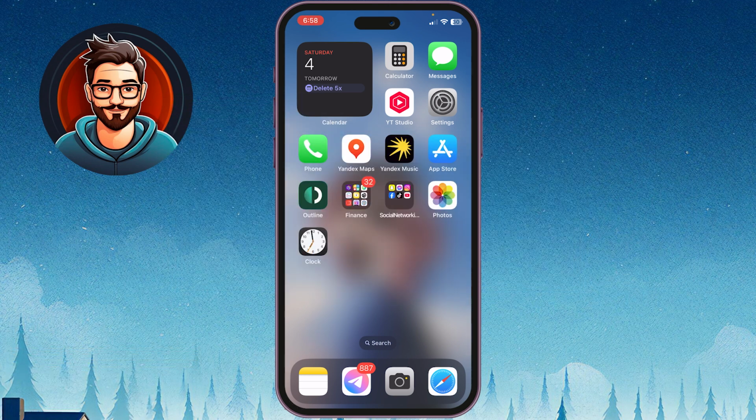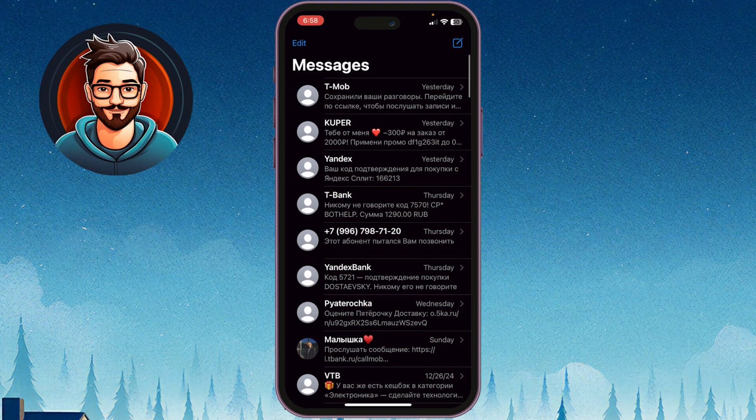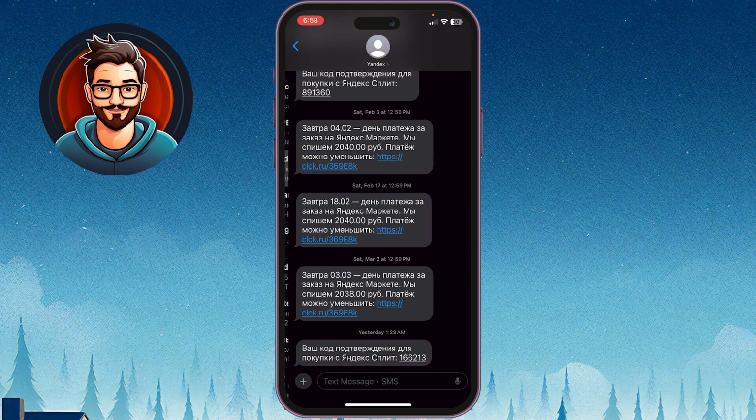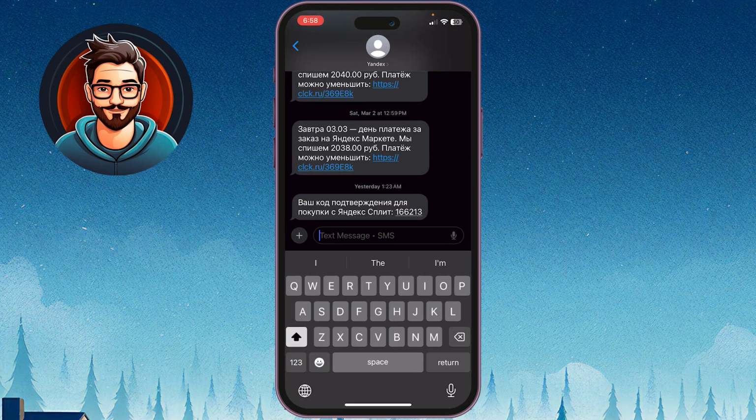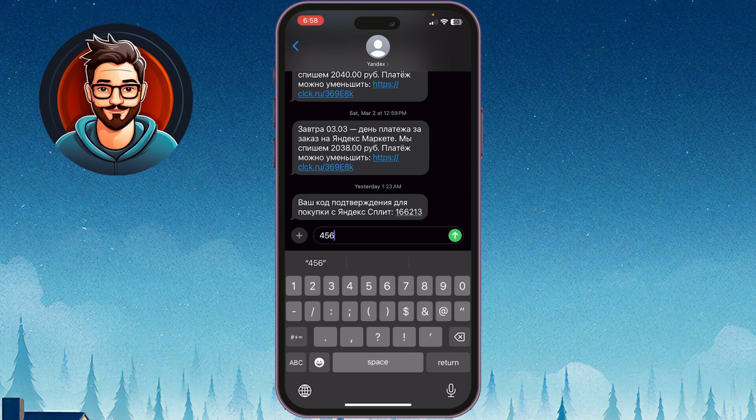Let's dive in. First, open any app where you can use the keyboard, such as Message or Notes. Once you're in the app, start typing the text of your message or note. Now that you are ready to insert a currency symbol, tap the 1, 2, 3 button to move on to